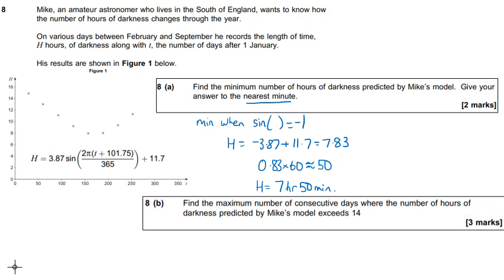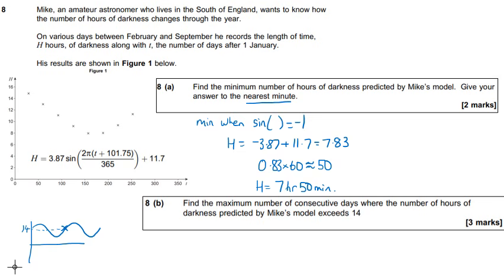Part B, find the maximum number of consecutive days where the number of hours of darkness predicted by the model exceeds 14. Okay, so over the long term, it's going to do this. It's going to go down, up, and so on. So if there's a point here which is 14 hours, if we start counting here, and we're trying to count how many days have more than 14 hours of darkness,